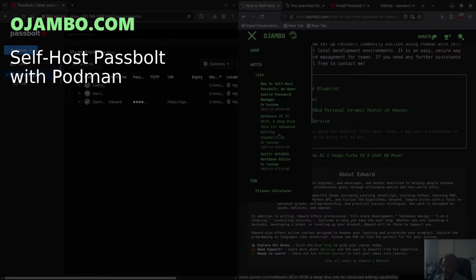Now this one here for NetBeans, don't miss this one. I'm going to show you how you can enable AI for NetBeans, and more importantly, I'm going to show you how to get NetBeans to use less disk space. You'd be surprised how much disk space I was able to recover. I was able to recover about 80 gigs. Yes, you heard me right, 80 gigs on my SSD. I didn't realize NetBeans saves a whole bunch of stuff, so I'll show you how to recover all that, and then I'll explain to you why